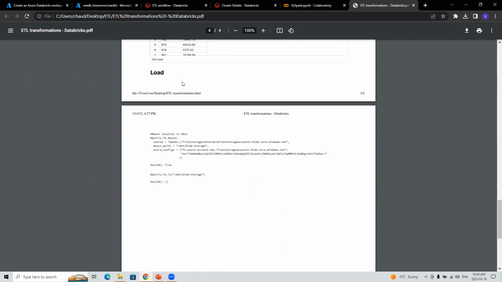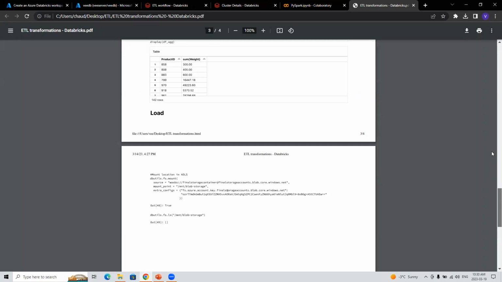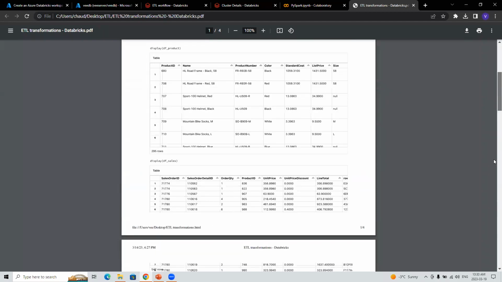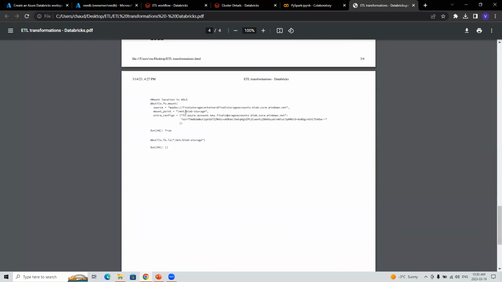Right. So after that, we just load, and now you guys know what to do in load. There are two kinds of loads: incremental load and batch load. Before loading, you will notice this. I've made this mount, some kind of a mount point, and I'll be loading into this mount point only. There's one very interesting thing. At the top, I've used the JDBC drivers to connect to the SQL server, but I'm not using JDBC drivers here. Do you notice that? There are no JDBC drivers. I'm just using the source, and there are configs and a connection string here.